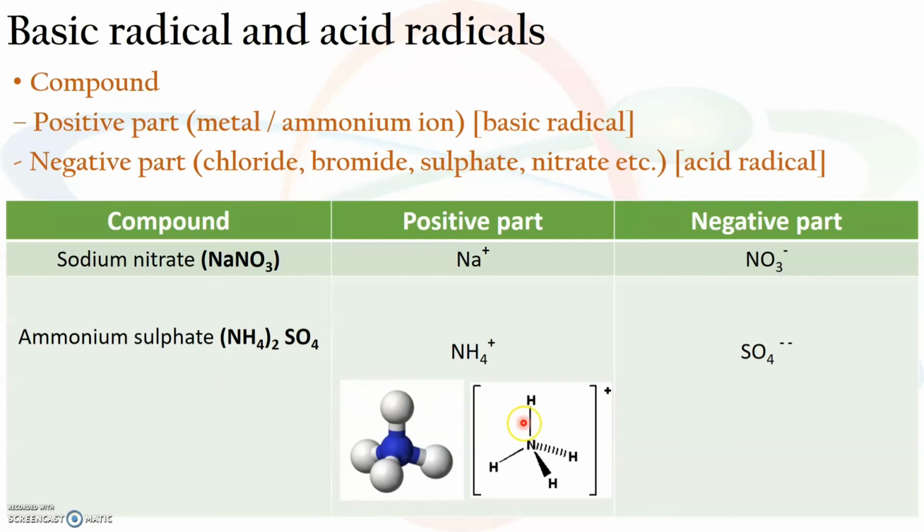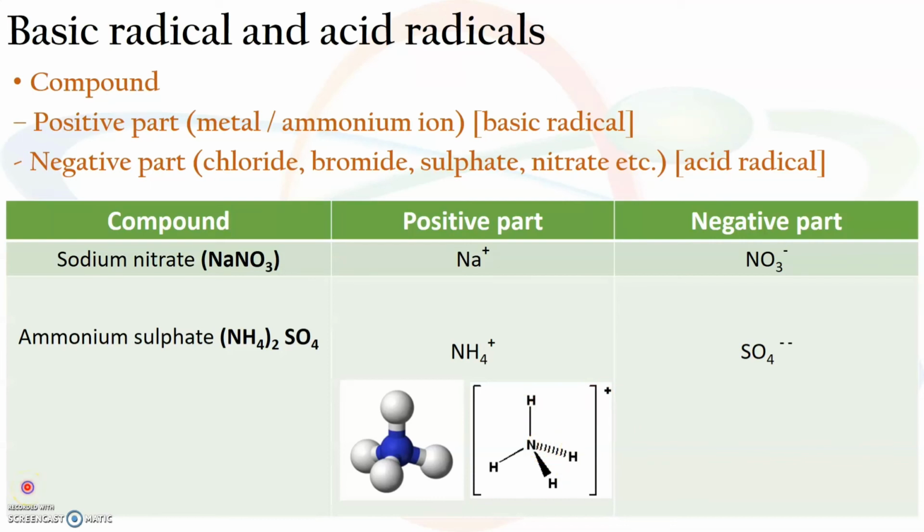As I have already told you, this positive charge that is there on this radical is not only for hydrogen, but it is for the entire group of atoms. So one nitrogen atom combines with 4 atoms of hydrogen and it carries a positive charge on the entire group of atoms, and this is called ammonium radical. So this positive charge is for the entire group of atoms. It is not only for hydrogen or not only for nitrogen.